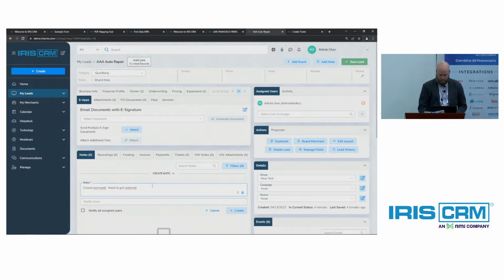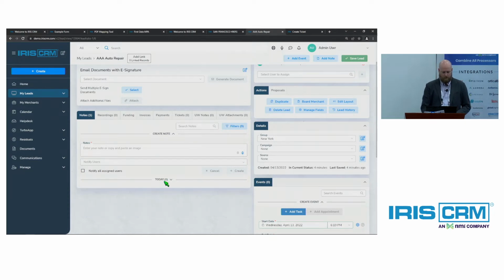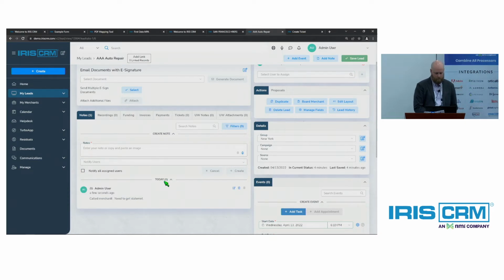Okay. Now, when you put in a note, you have the ability to notify other people that that note was posted, typically other people assigned to the account, maybe managers, and you can then click Create Note, and it will post right below. Now, your notes will sort alphabetically, most recent at the top. You'll have different date range segments that you can collapse and expand to quickly view most recent notes or older